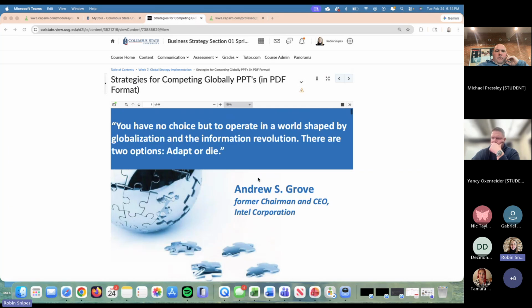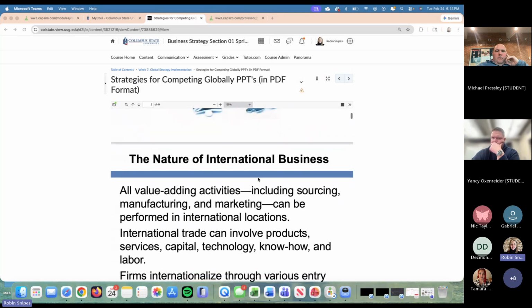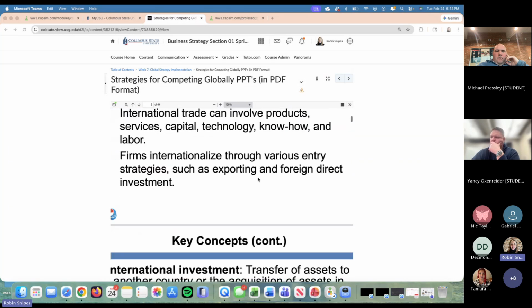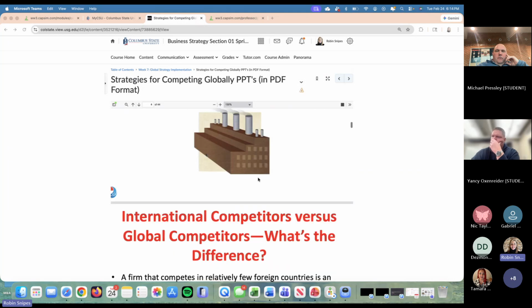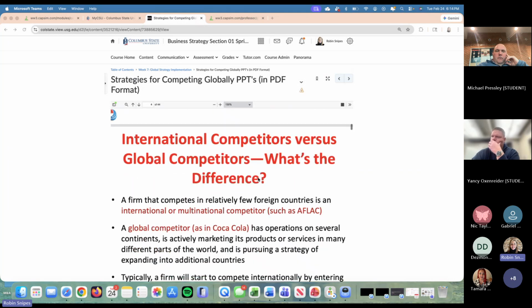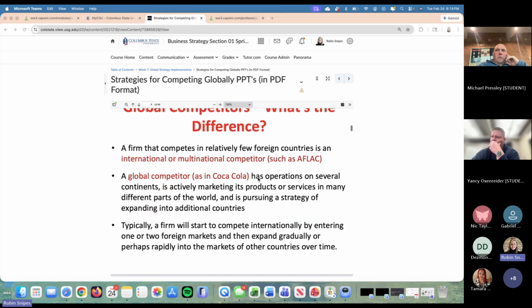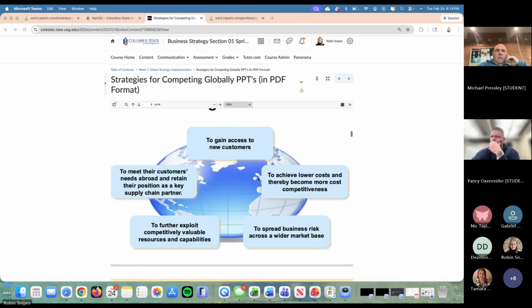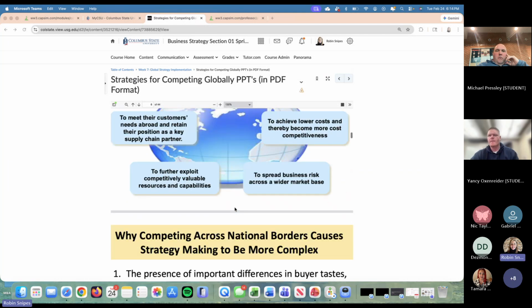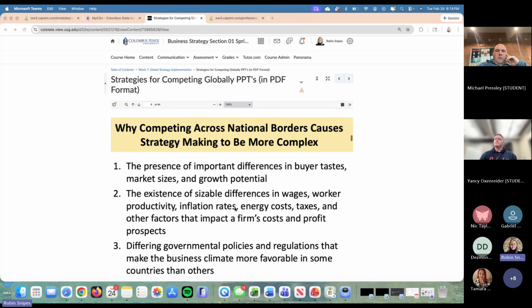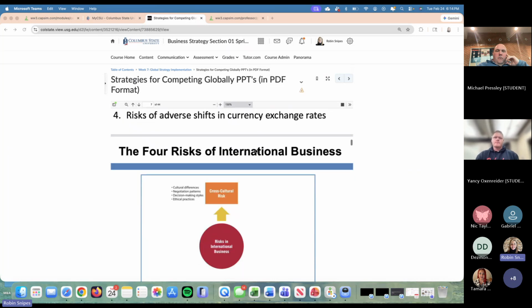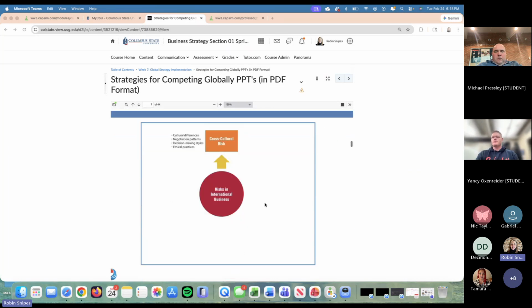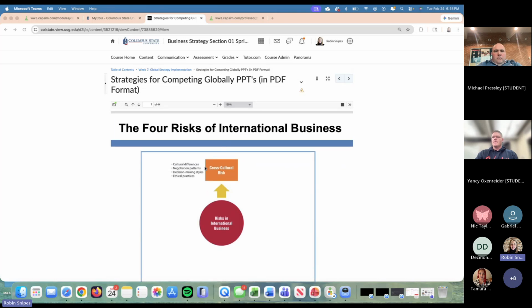So Chapter 9 is on global business strategy, and you can read through most of this, but there are a few things I want to point out to you and explain. I'm not going to read over a lot of this, but I do want to talk about the 4 risks of international business. And you might have discussed this in one of your other classes, but the 4 risks include